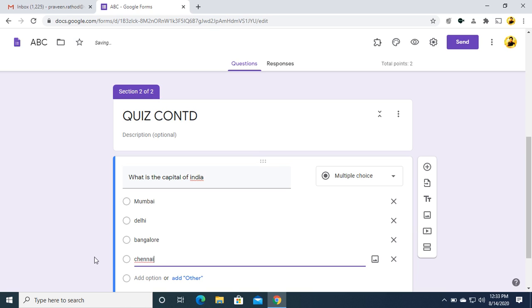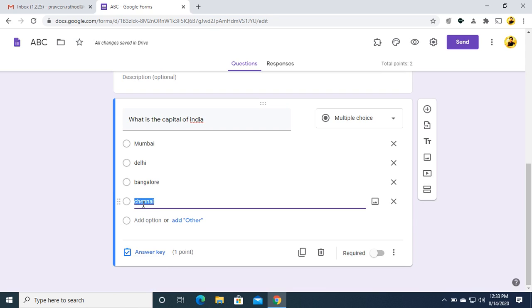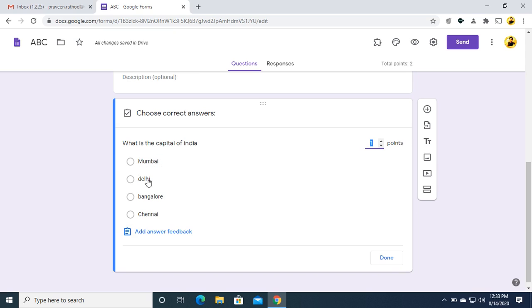If your student wants to know the correct answer, you have to give him the correct answer by clicking on this answer key. So click on answer key, correct answer as Delhi. If he clicks on Delhi, he gets 1 point, otherwise he will not get any point.